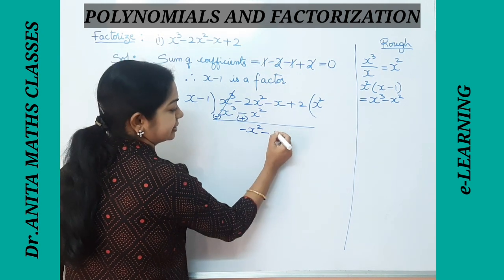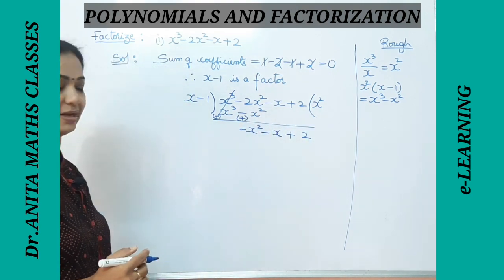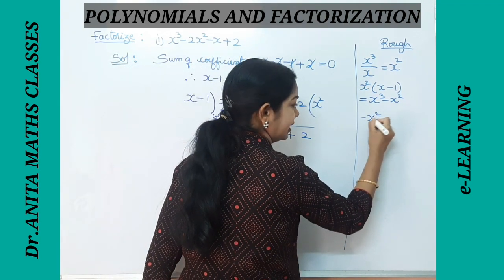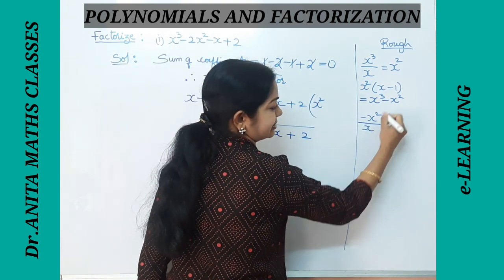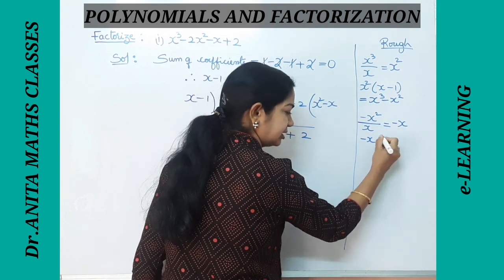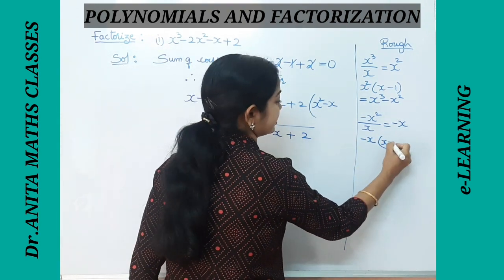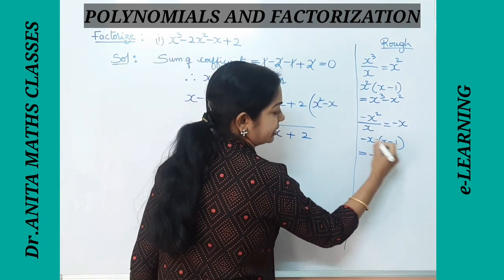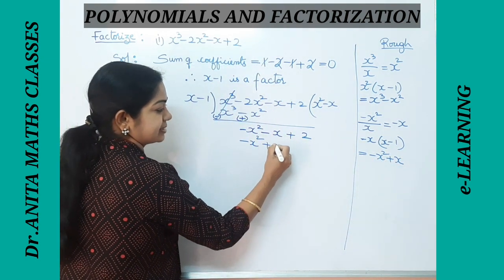Now let's take the terms. Let's drop these two terms. Now this is the new dividend, right? Now take the first term of the dividend, that is minus x square, divided by the first term of the divisor. So that comes x cancels, so minus x. So minus x is the quotient. With this quotient we have to multiply the divisor and place it here. So the divisor is x minus 1, right? So multiplying, minus x square, and minus into minus is plus x. So we will write it here: minus x square plus x, right?